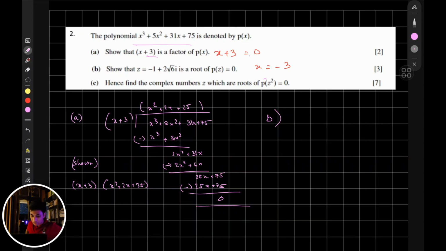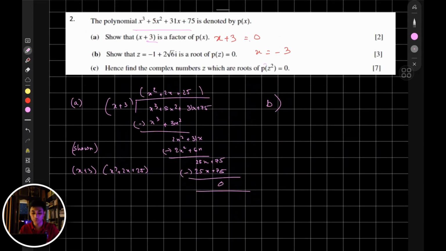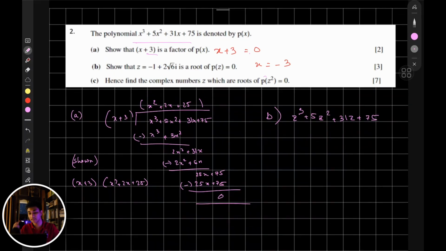Great. So they're telling you that if you represent this function with respect to Z now, not X, that will have a root Z which is equal to minus 1 plus 2 root 6i. What does this mean? So let's rewrite the equation first. If you rewrite the equation, you're going to get Z cubed plus 5Z squared plus 31Z plus 75. This is the new equation because they are telling you P with respect to